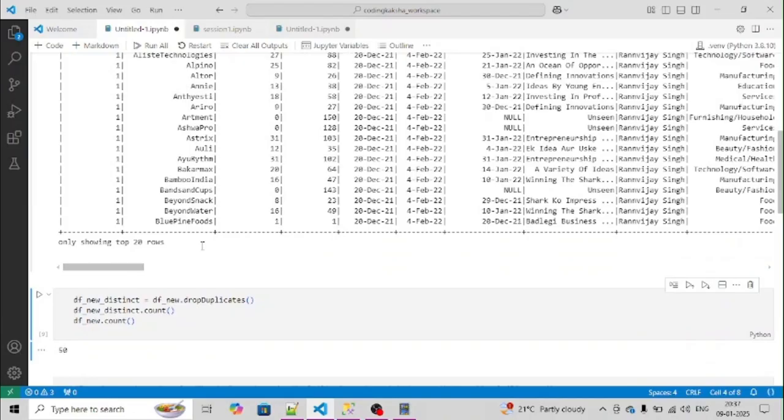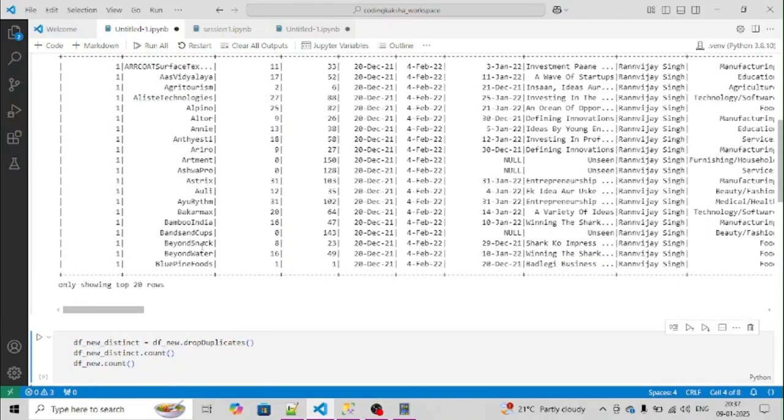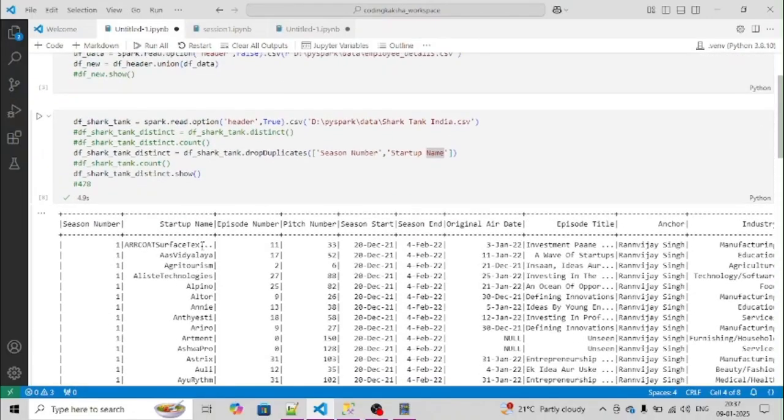Similarly, if you have to select a single column, there might be a question. If you say that with the help of distinct we can select all these distinct records, the interviewer might ask you to select the distinct column, so how will you select that? By using drop duplicates we can select that particular distinct column. So this way we can handle these two.